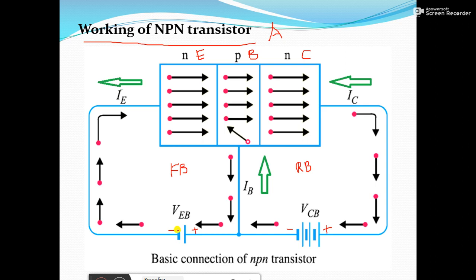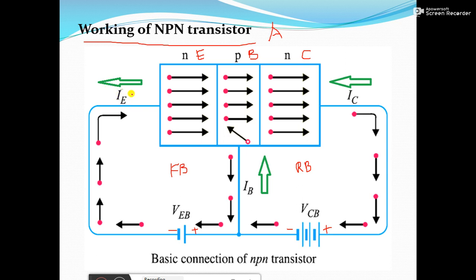Remember, whenever we forward bias the emitter to base junction, this potential causes the free electrons, which are the majority carriers in N type, to flow. So the free electrons in the N type emitter flow towards the base region. From here they flow towards the base region. This constitutes a current, that is the emitter current, shown here. Since the electrons are moving in this fashion, the current will be in the opposite fashion. The conventional current direction will be opposite.